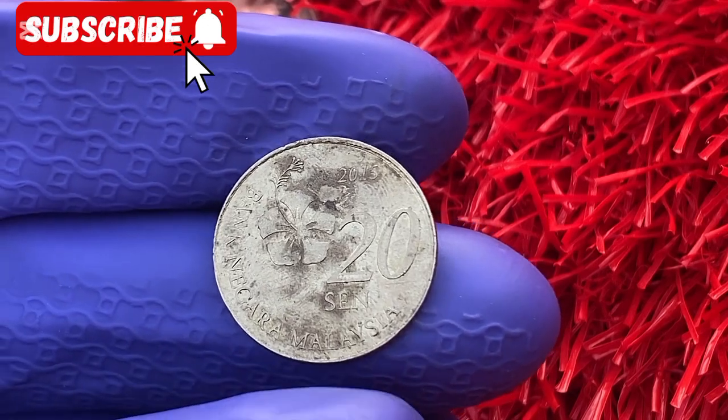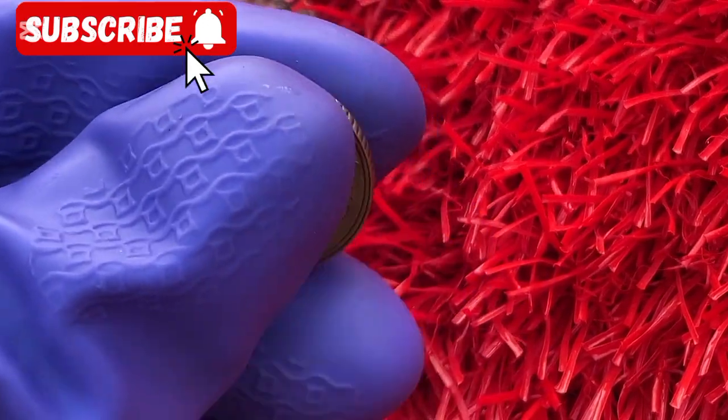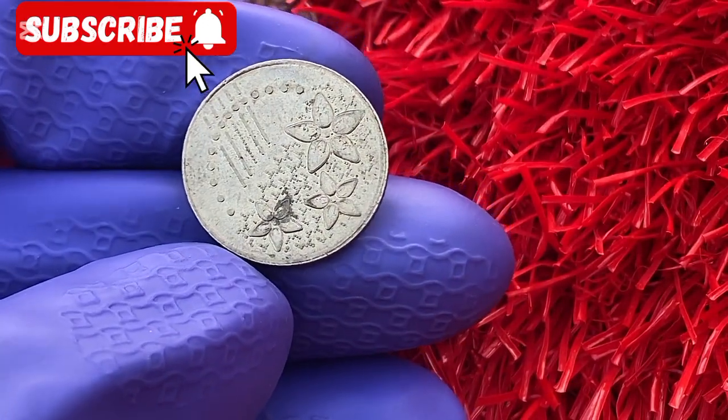We could look at the coin's production process, visiting the mint facilities,